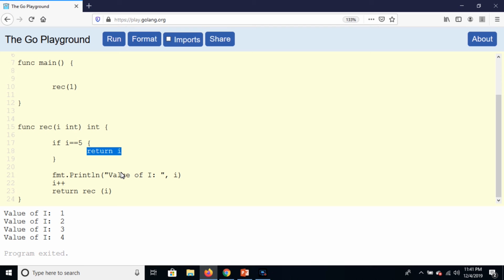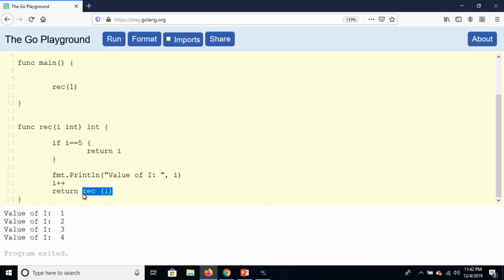the return keyword performs two actions. One is that it stops the execution of the function, and the second functionality of the return keyword is to return the value to the calling statement. And if I is equal to 5, then terminate the execution of the program or subprogram, and otherwise display the value of I. In the first call, the value of I will be 1, and here is the 1,